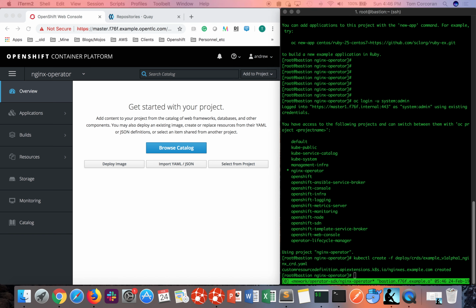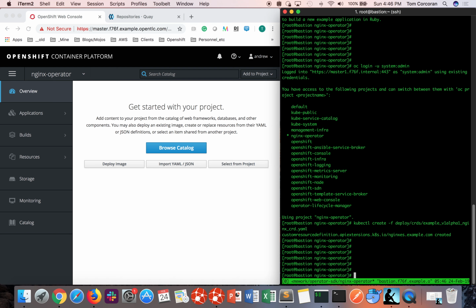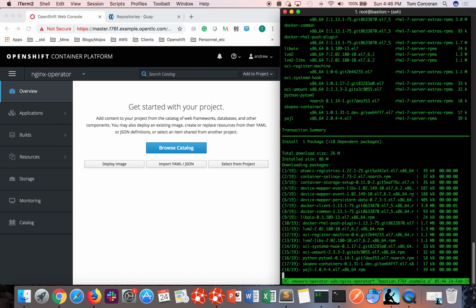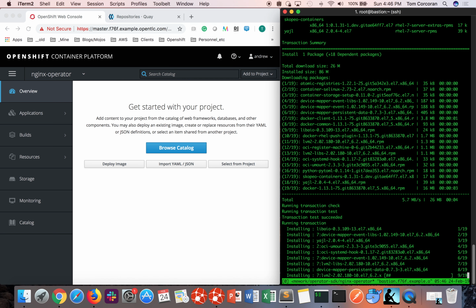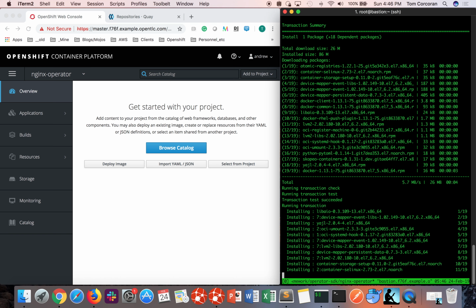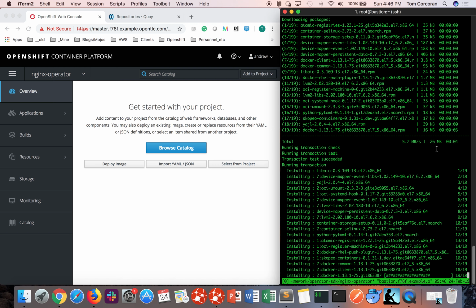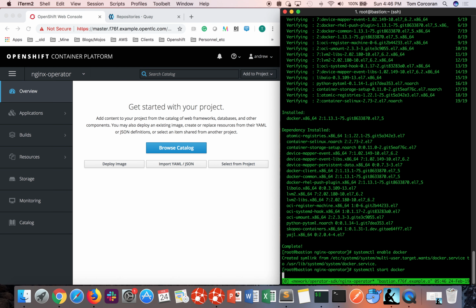The next thing that we want to do is to install and enable Docker, because we're going to be pushing our operator image to a public registry. I'm going to use a Docker command to do that. So that's going to take a few seconds, and after installing Docker, it will enable it and it will start it. So that's running away at the moment. Following starting up of Docker,